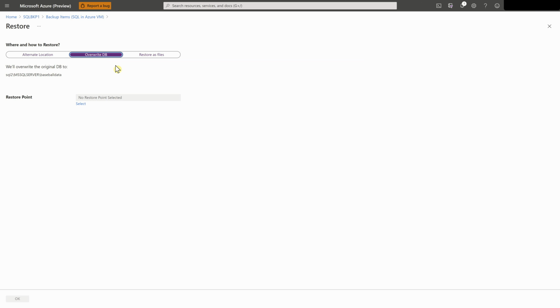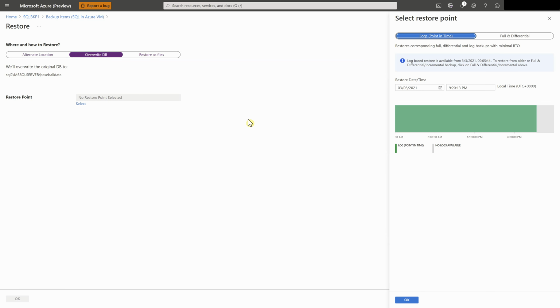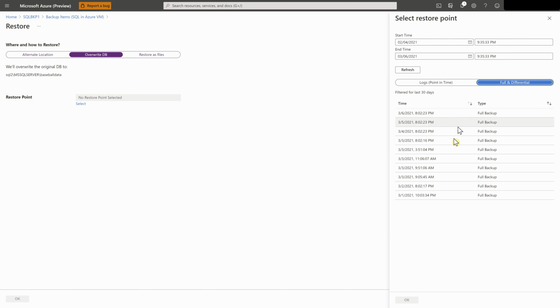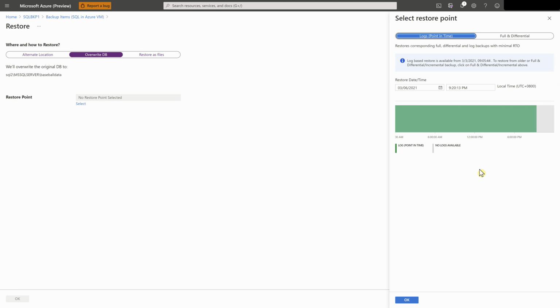At the moment, let's go ahead and select the overwrite database option. And here is the recovery point that we can select. We can choose from full or differential backups, from the various points of full backup which are available, or we can choose the logs, which will allow us much more fine-grained recovery, down to almost 15 minutes.